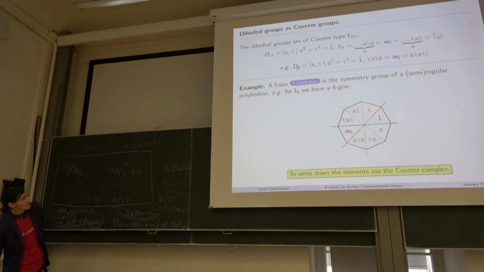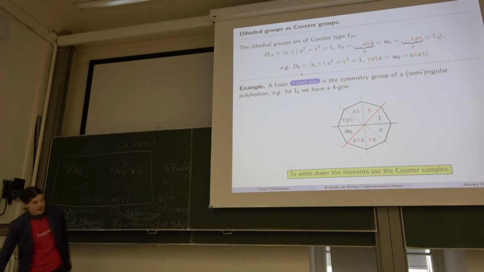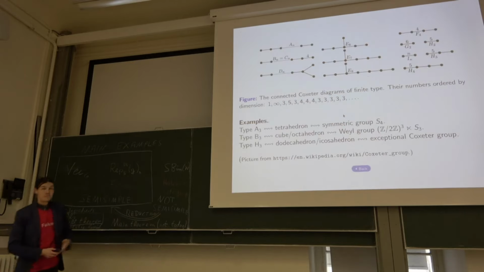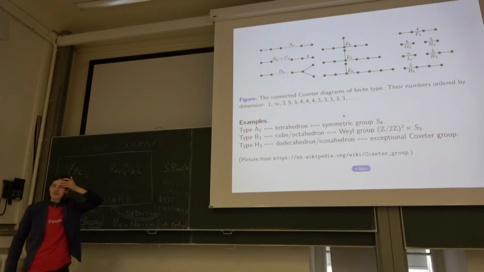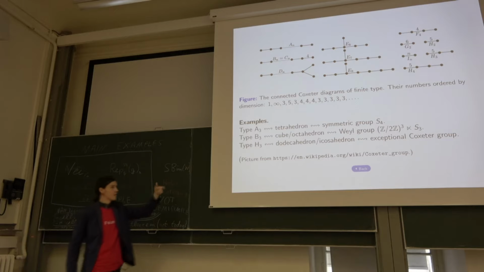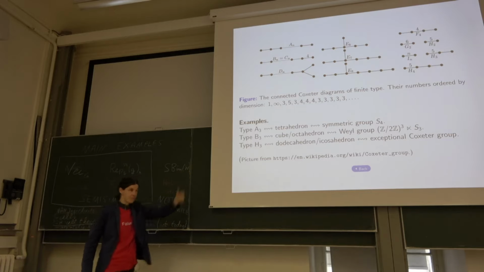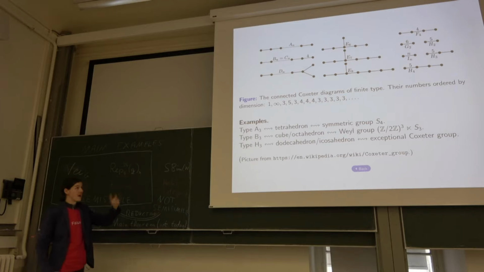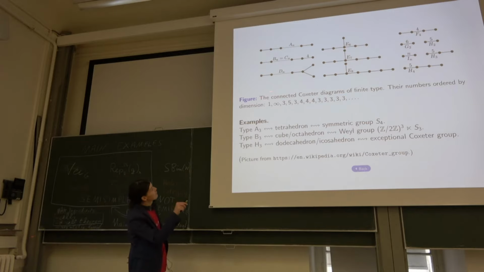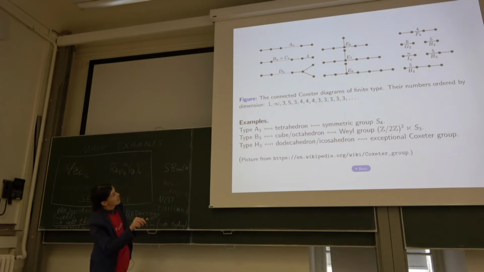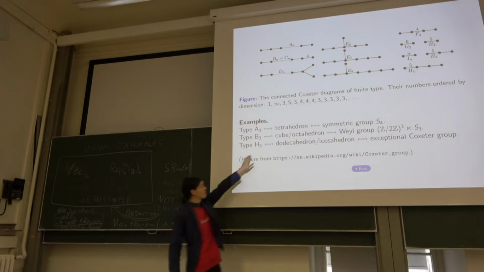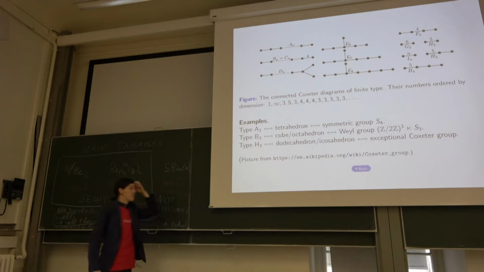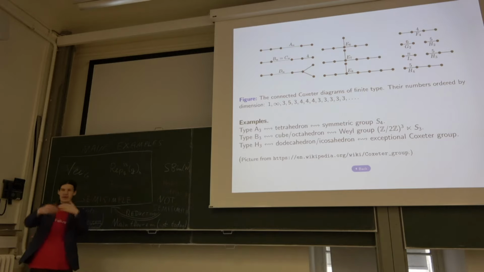And the ones I'm interested in to consider this question are the so-called finite Coxeter groups. Here's a list of diagrams, and they correspond in a very similar way, as I've just shown to you for the dihedral group, to symmetry groups of certain regular polyhedra. The families you should keep in mind, so those are, by the way, the Weyl groups up to G. So A up to G are the Weyl groups, and then there are some exceptional groups and the dihedral groups. And the way to keep them in mind is, for instance, that H3 corresponds to the symmetries of the regular dodecahedron, or dually the icosahedron.